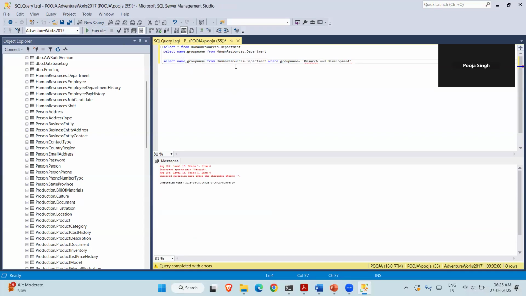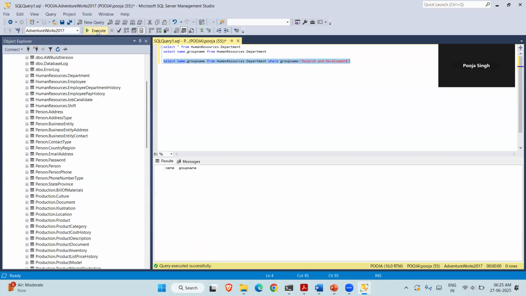SELECT Name, GroupName FROM HumanResources.Department WHERE GroupName equals, okay, yes. So it should come in red. Otherwise, maybe there is some error. So it was not in red color. Then execute. Here, I think there is an error in the spelling. So Research and Development. So where GroupName